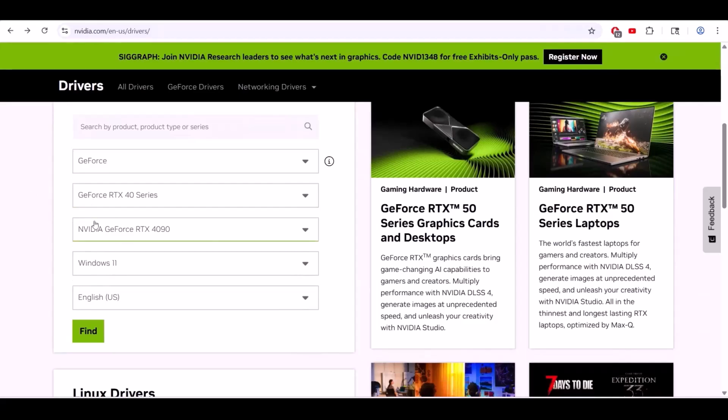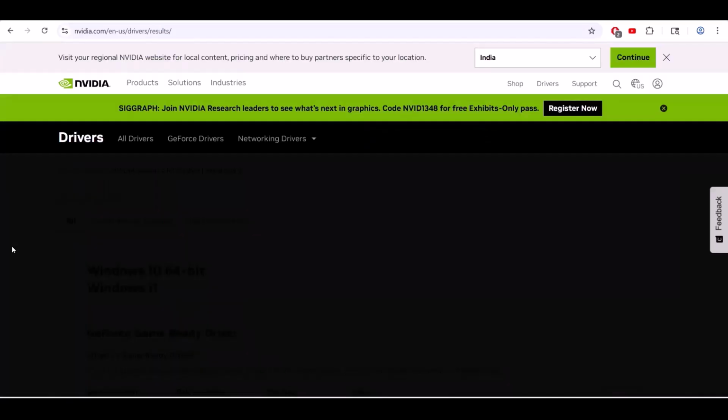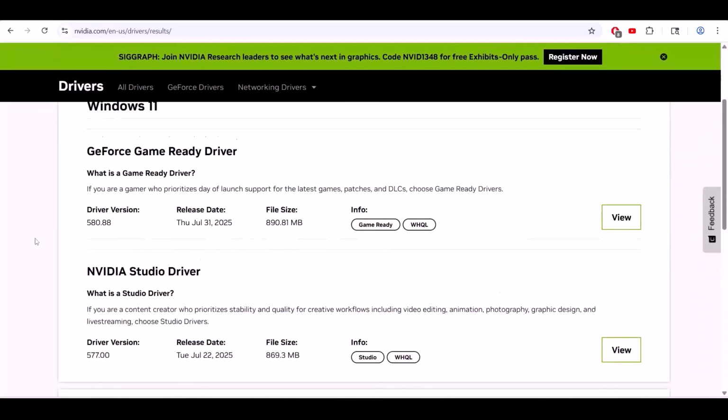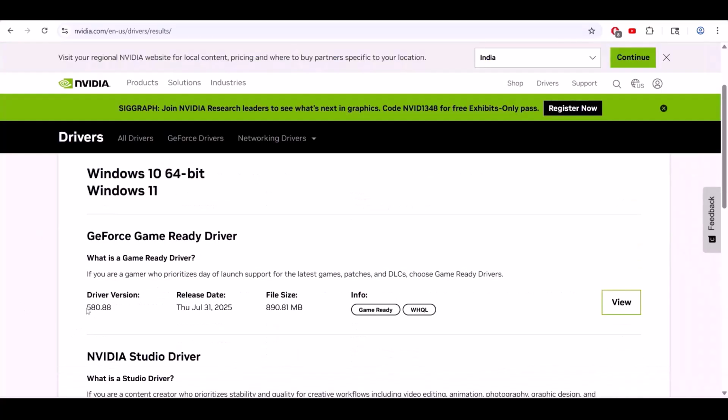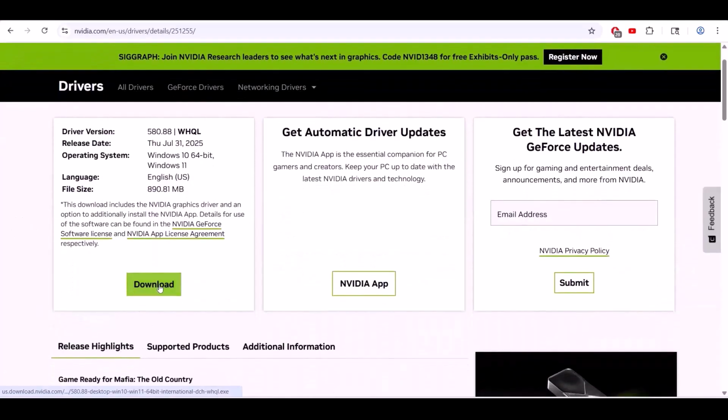In my case, I have to select my model number, but in your case, you have to select your model number from here and then click on find. The latest version is 580.88. So whatever is the latest version, you have to download and install that. So click on view, then click on download,